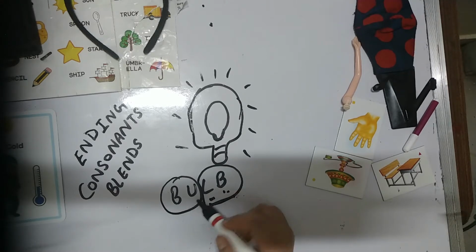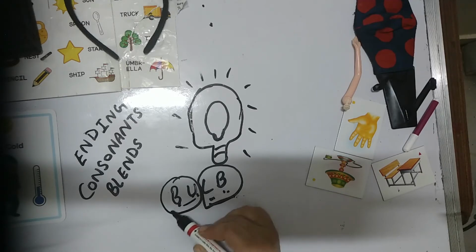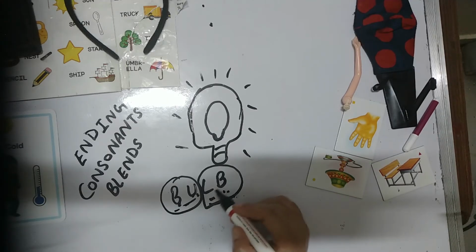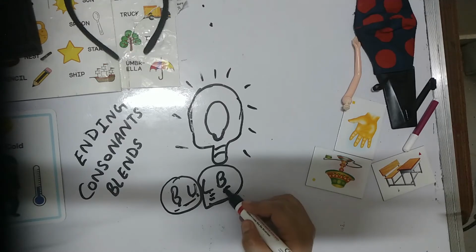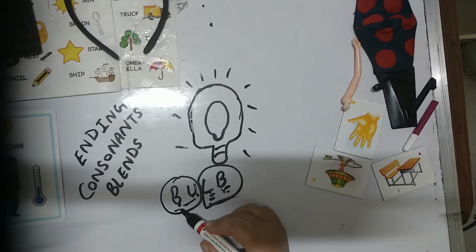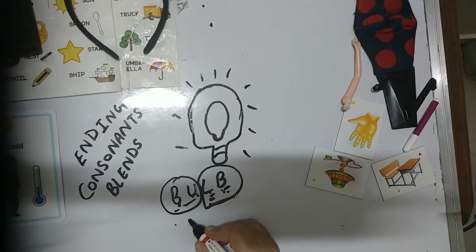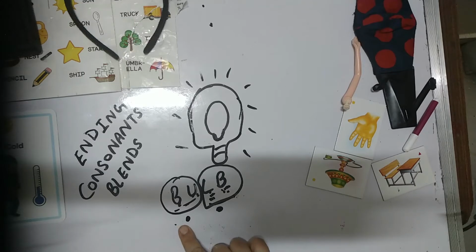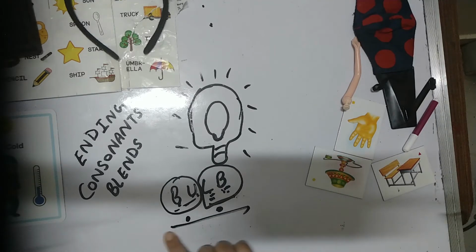Suppose we blend this: the sound of b and u together, the child needs to say bu, and here the ending consonant blend l and b, lb. The sound of L is L, B, lb. Then you put the finger so that the child can see, and when you read it aloud, the child will copy you. In this way the child is also learning: bulb, bulb.